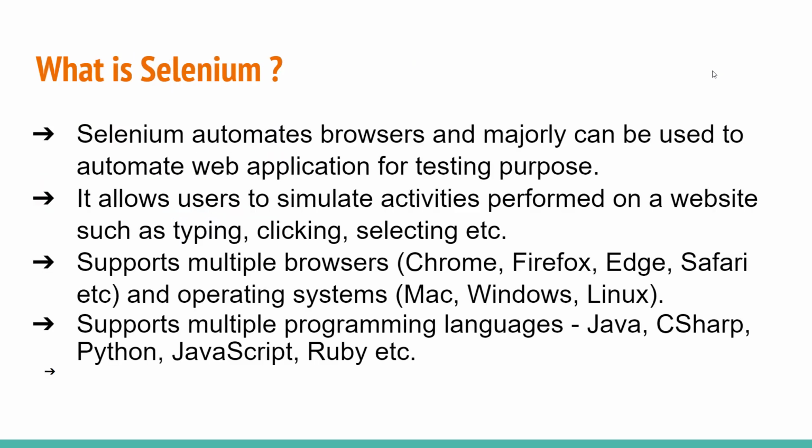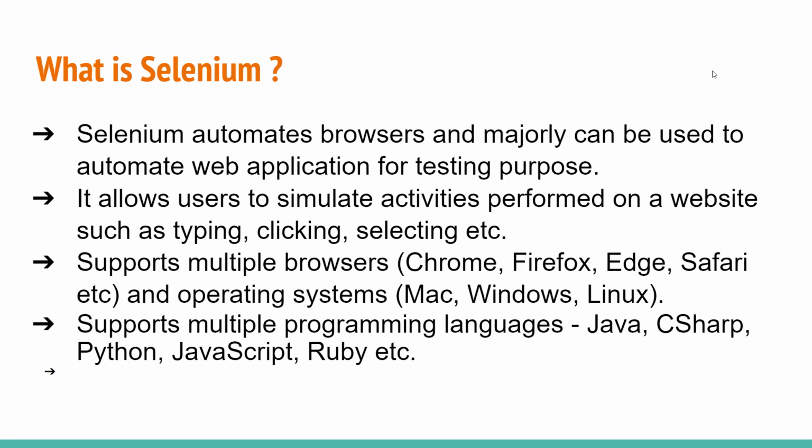Now let's see what Selenium is. Suppose you want to buy a product from Amazon. You will open a browser and enter the Amazon URL. Then you need to log in with your credentials, search for the product, add it to the cart, and check out. Basically, we are going to perform these steps. All these steps we can automate with the help of Selenium. So Selenium is a set of tools which allows you to automate the browser, and majorly it is used for automating web applications for testing purposes. But you can use it for any repetitive work performed on a web application.